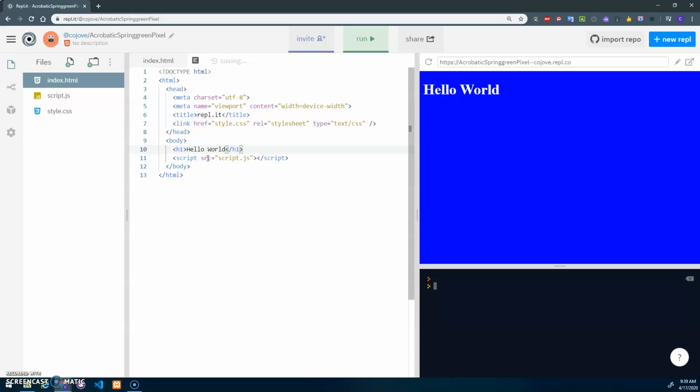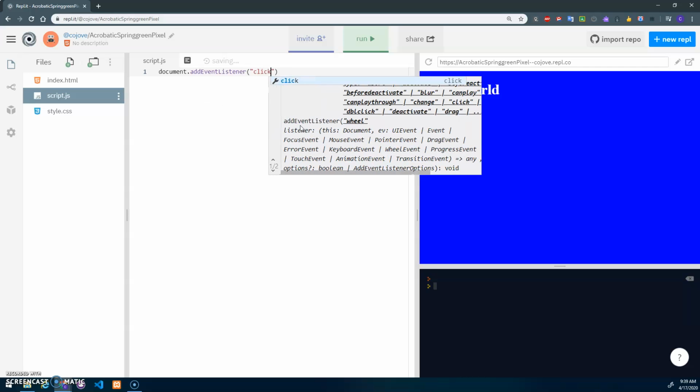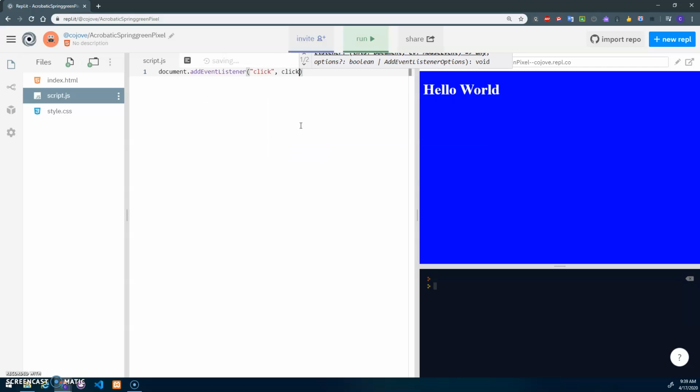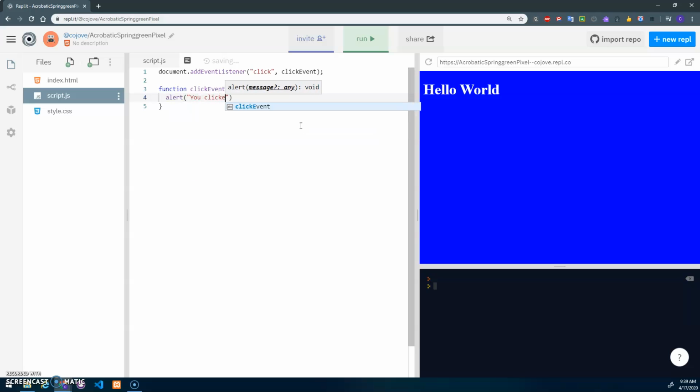There's also the script.js, right? So it added a little JavaScript. Why don't I add something like document.addEventListener, click, and I'll say click event, have a function called clickEvent that's just going to go alert you clicked me,